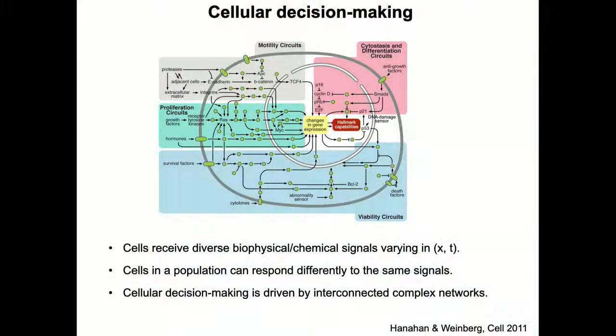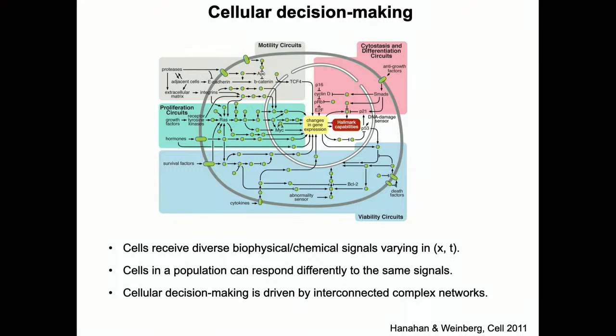Okay. So the theme of decision making has already been discussed in the first session and also during the introductory session. We're all here to better understand how cells take in diverse forms of information and then convert them into some discrete outputs. Those discrete outputs, in this example, are whether a cell will proliferate, move, differentiate, or survive and not go the apoptosis route, and so on. So cells are receiving these diverse signals, which of course vary both in space and time, as Shashi talked about.